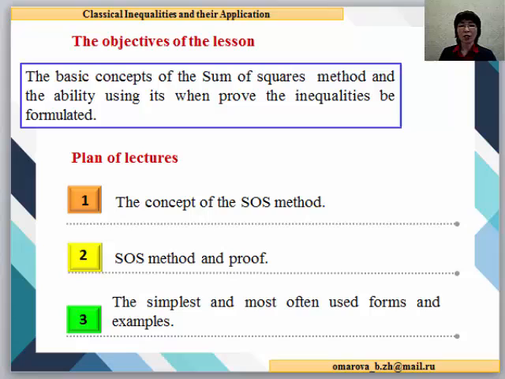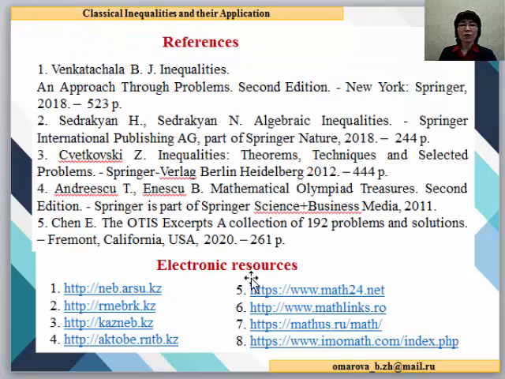You can use the following reference and electronic resources to find additional material on the topic